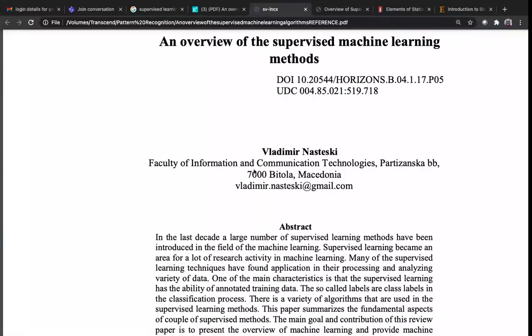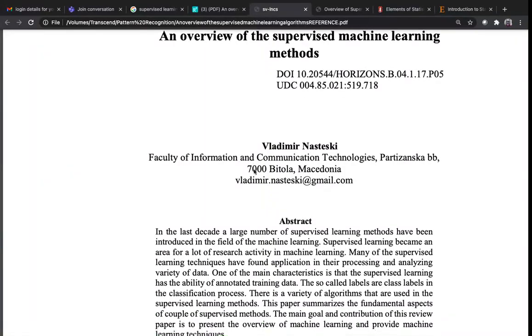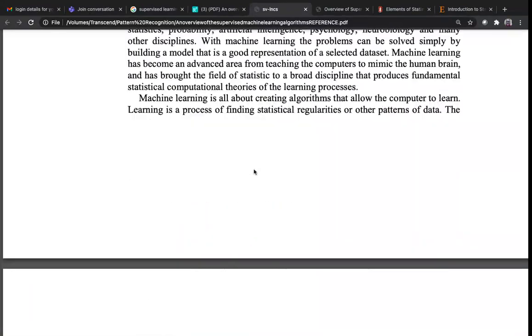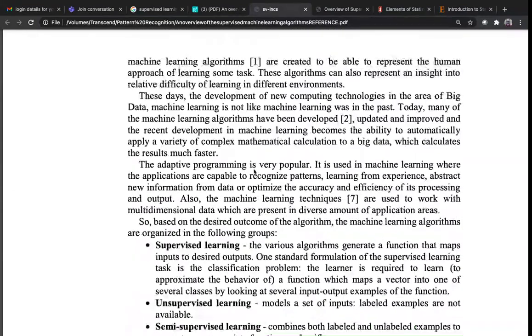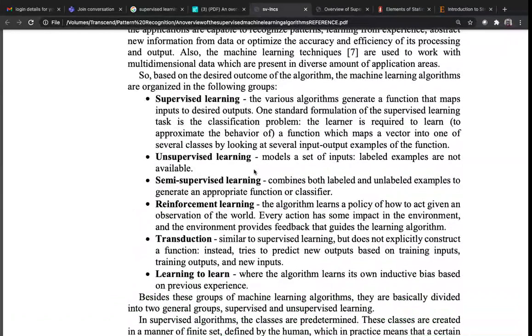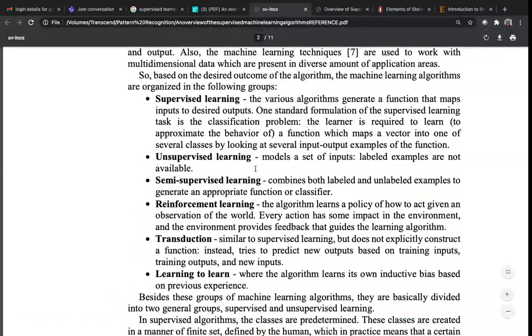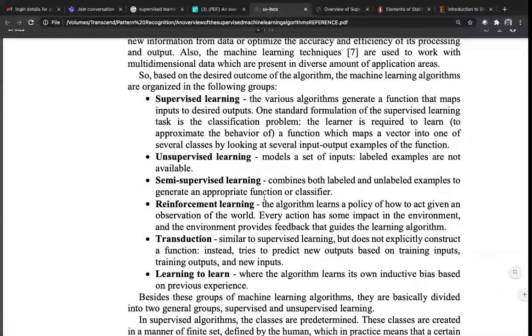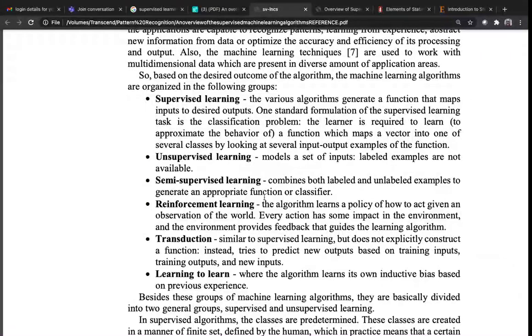If you put that into a Google search, you will come across this article. This is a good article in which he has looked at all these aspects: what is supervised learning, unsupervised learning, semi-supervised learning, reinforcement learning, and an approach called transduction, and things like that.